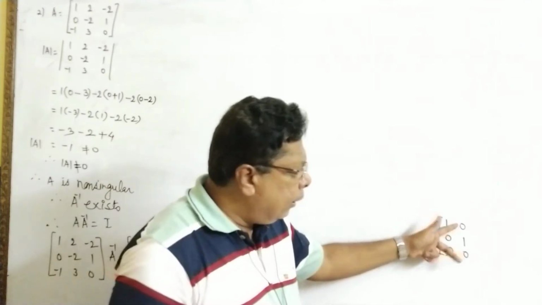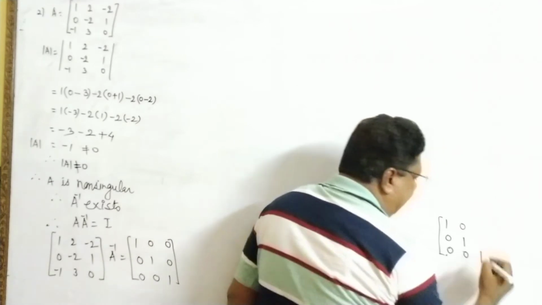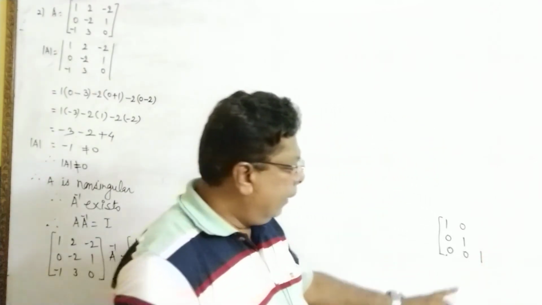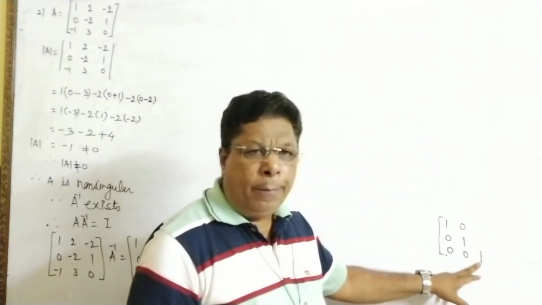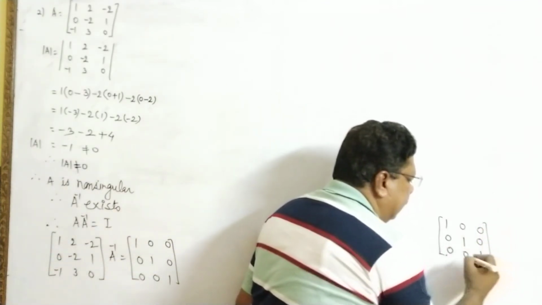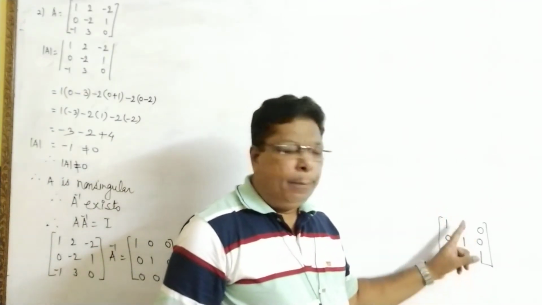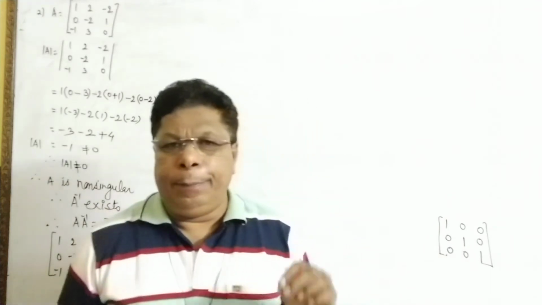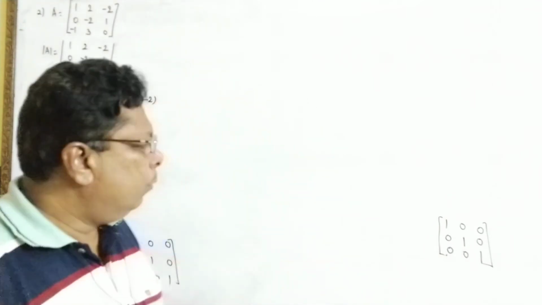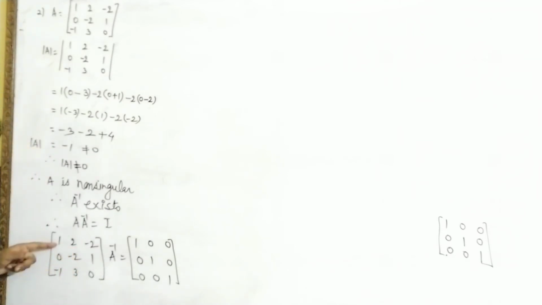Okay, to bring 0 here, your operations must be with the second row. Next step, bring 1 in the place of A3 3, third row, third column. And last operation, bring 0 in the place of A1 3 and A2 3. These operations must be with the third row because the diagonal element represents the third. Now see here, the first step is already over because 1 is there.